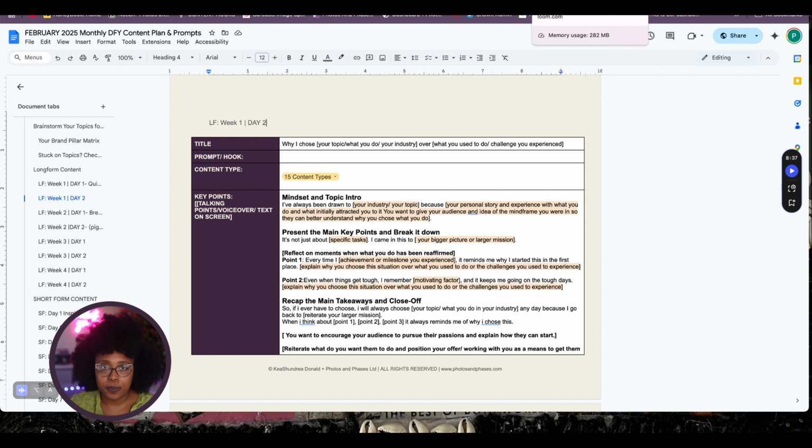Like I said, ChatGPT is the easy way out, unless something already comes to mind. When you go over this, you fill in the blanks there, whatever comes to mind, what you have done, what challenge you experienced, and you expand on that topic here. We're at the hook first. Let's see what ChatGPT gave us for the hook.